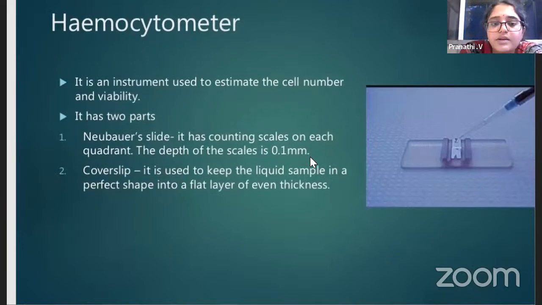And a hemocytometer is an instrument that is used to count the number of cells present in a particular sample and the viability of the cells. Usually, the trypan blue test is one which will show you the cell viability. If it is dark blue, it means the cell has died and has taken up the stain. And the cells that have not taken up the stain are the live cells. And the slide has a counting scale so that you can count the number of